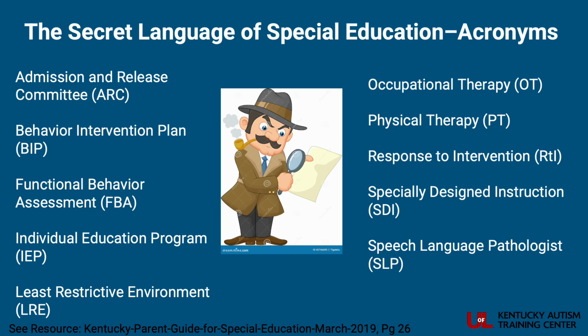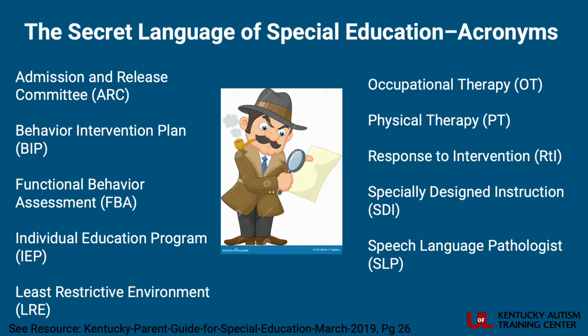Next is our IEP, or Individualized Education Program. This is a written educational plan for a school-aged child, so starting at age 3 all the way to age 21, with disabilities developed by a team of professionals. It is a legally binding document that the team writes in order to meet the unique needs of the students identified with a disability. It guarantees that the services specified in the plan will be provided to the student.